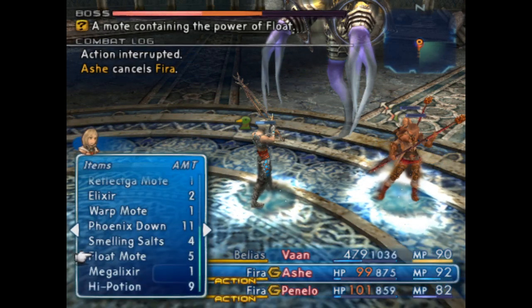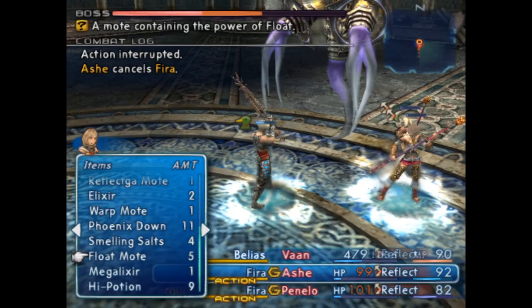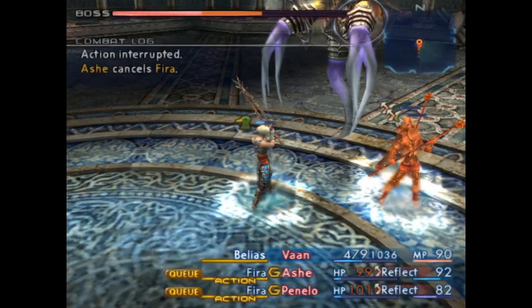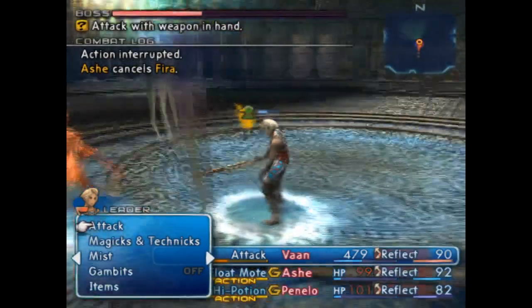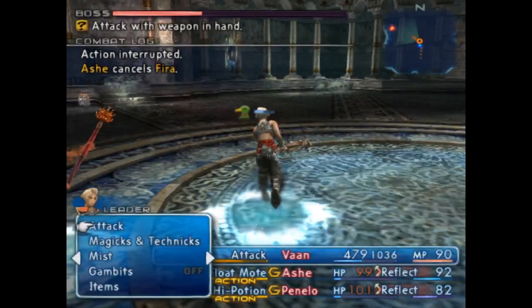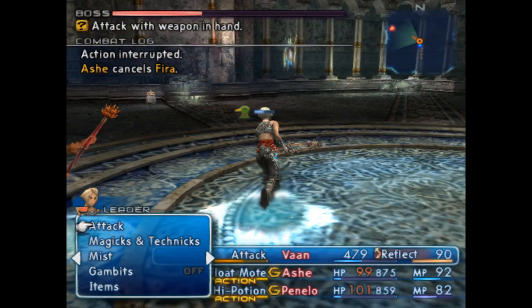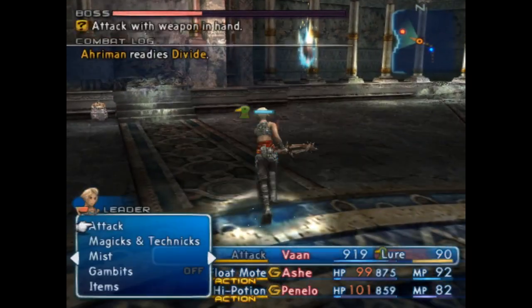So before we saw that Penelo was the one who went first, so we'll have her use the high potion, Ashe use a float mote, and then just have Vaughn attack. So now this is 6 effect capacity, so there's not space in an 8 effect queue for him to divide. The advantage of doing something like this is that Vaughn can immediately run. He's not stuck using a high potion. The disadvantage is that